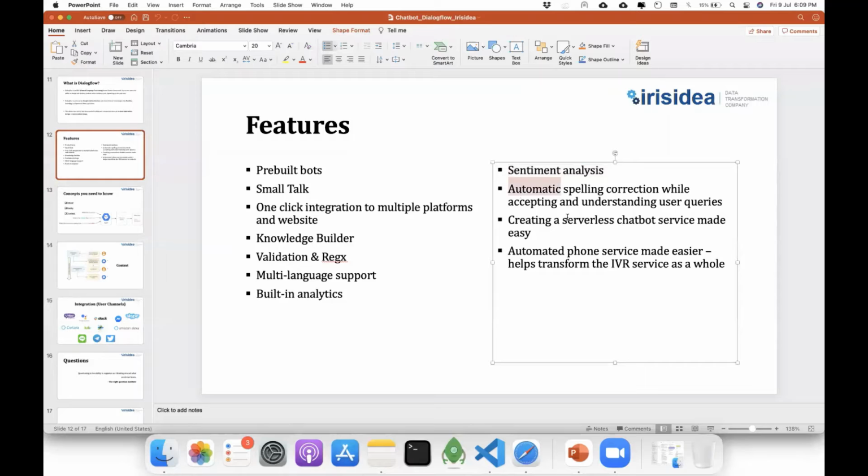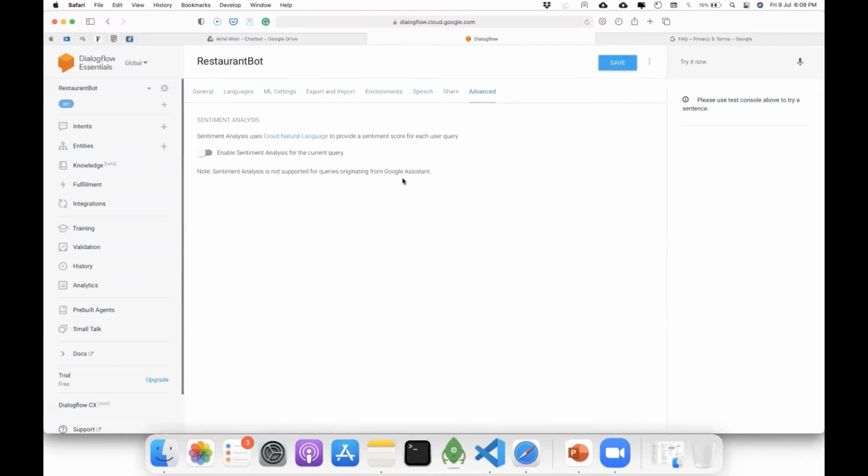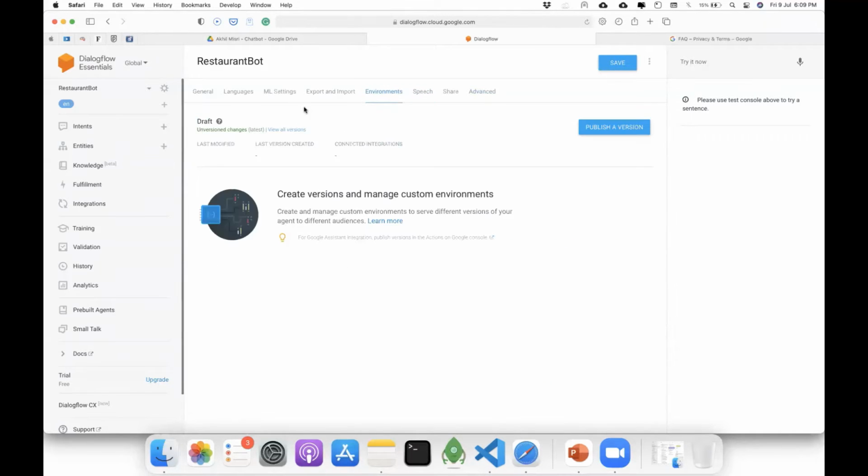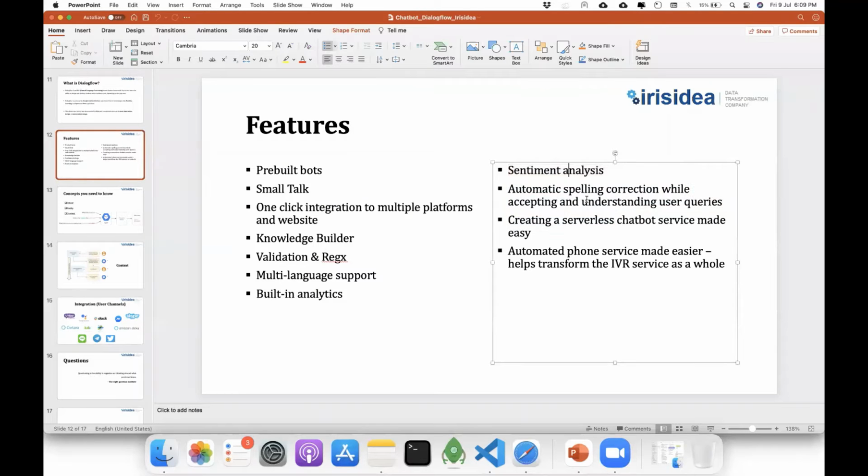And then automatic spelling correction is available as well. If in a conversation you type a wrong word or your spelling is wrong, it will automatically correct it in the backend, so it doesn't matter whether the spelling is right or wrong. It has understood what you meant. So that is also captured in this.